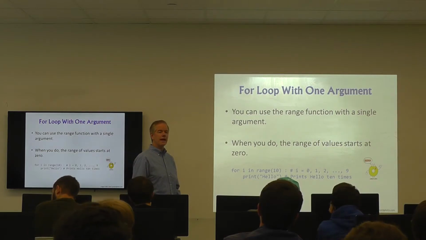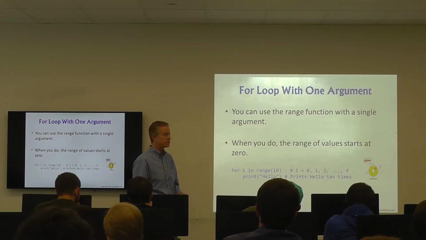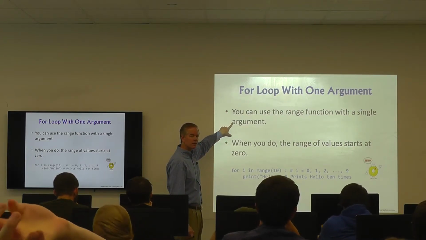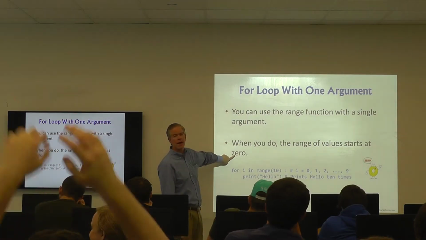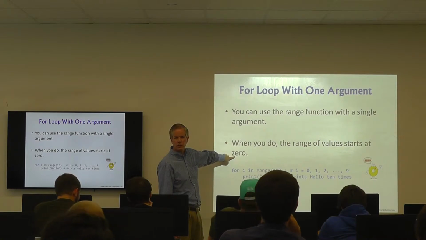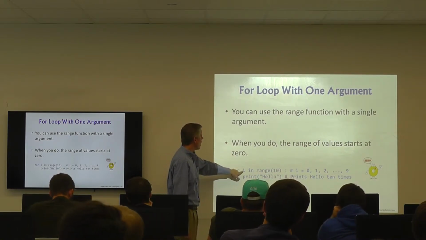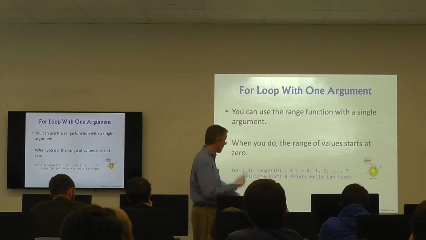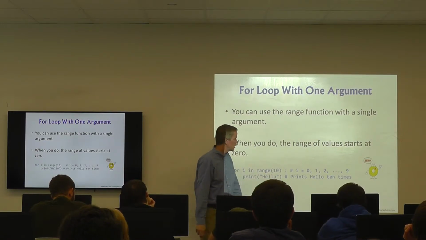So it turns out that that range function actually has a couple of secret identities. So let's take a look at it. You can use the range function with a single argument. Okay? When you do, the range of values automatically starts at 0. Sounds like something cool kids would do, right? It's going to start at 0 anyway, right? So for I in range 10, and then print out hello, we'd actually print out hello 10